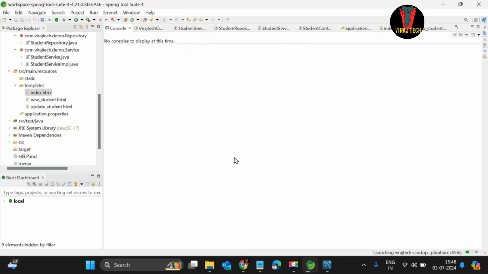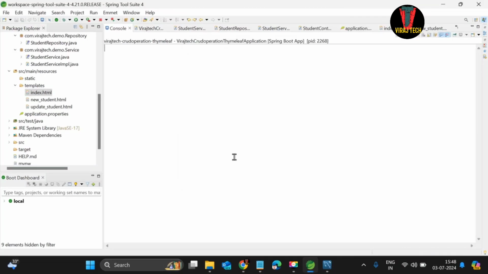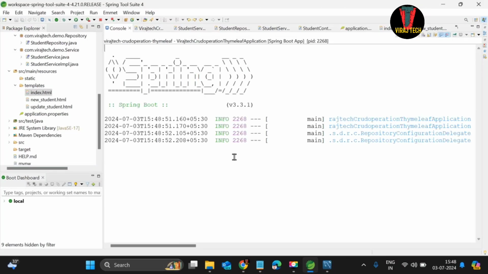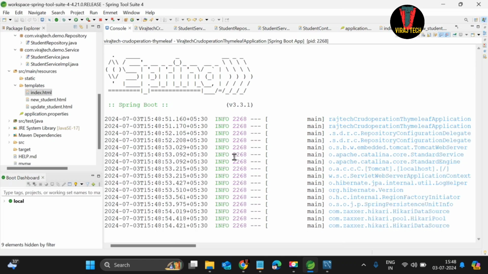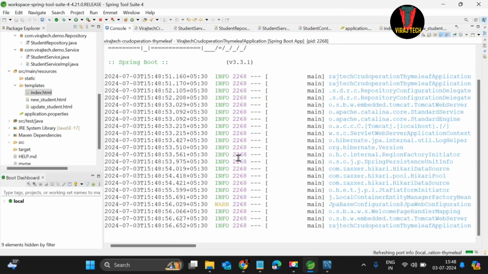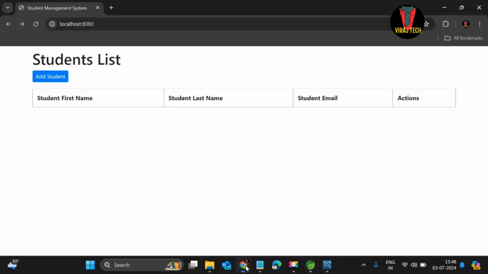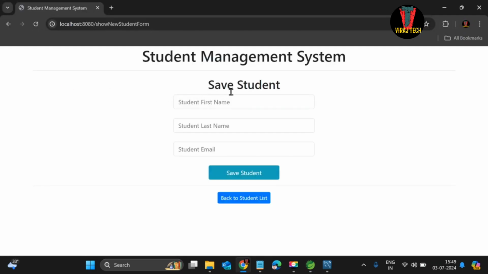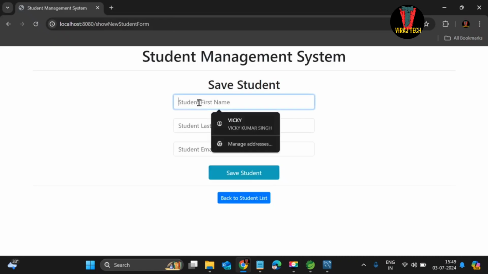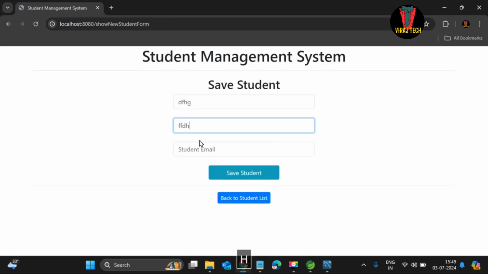Okay, come again in the browser, refresh it, add a student. Now we are getting this form field. You can write anything. It is not working, so again